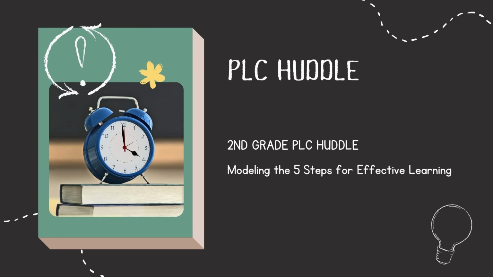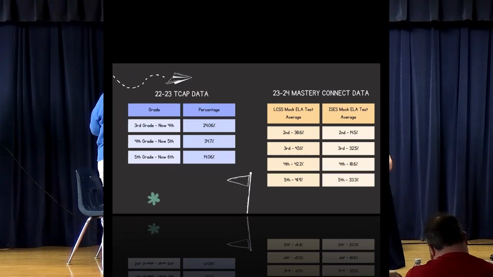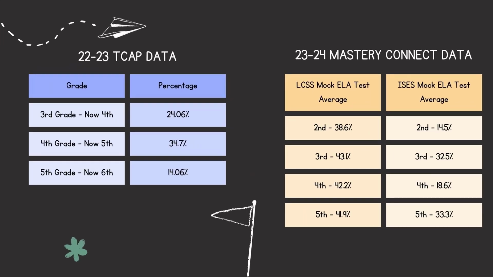Let's join the team. Welcome, 2nd grade teachers and Mrs. Marks, to our PLC huddle. So let's go back and look at our data again. Okay, set 22, 23 TCAP data. 3rd grade, now 4th grade, 24.06%. 4th grade, now 5th grade, 34.7%. 5th grade, now 6th grade,